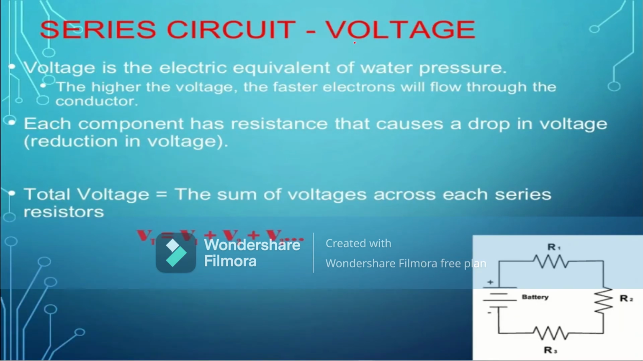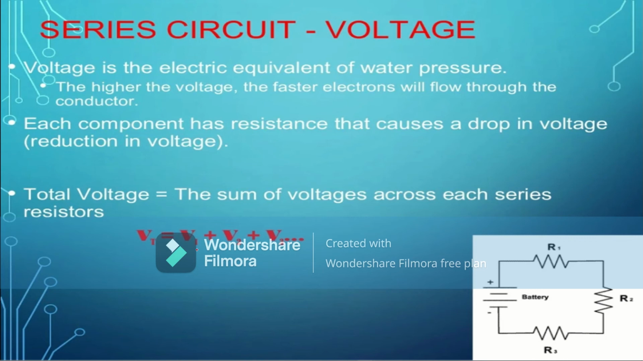Series circuit, voltage. Voltage is the electric equivalent of water pressure. The higher the voltage, the faster the electrons. If the voltage is higher, the electrons will flow faster through the conductor. Each component has resistance that causes a drop in voltage. Total voltage in a series circuit equals the sum of voltage across each series resistor, like V total equals V1 plus